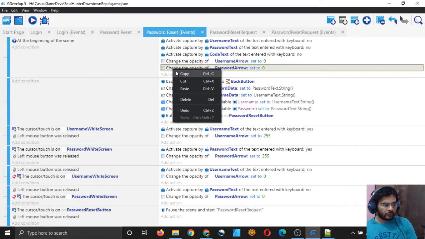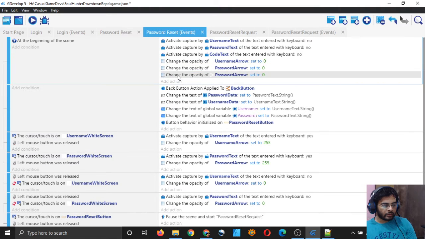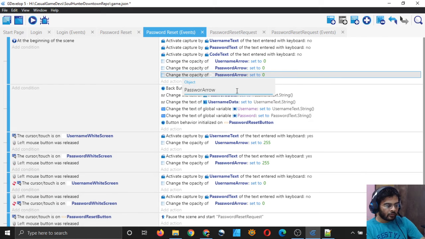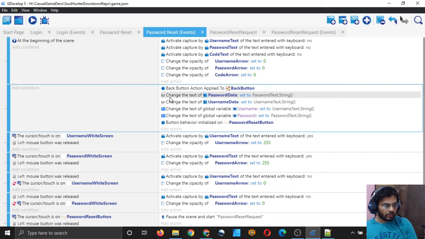And I will copy this one also and I will paste it here, and I will simply change this to code arrow, and here I may need another variable, so global variable called code. So we have to do that.